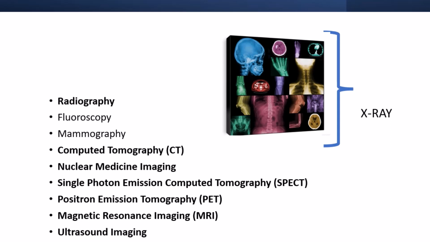Radiography, fluoroscopy, mammography, and computed tomography all use ionizing radiation or X-rays. X-ray is absorbed by the body tissues. Another means of getting information is by using a radionuclide and injecting that radionuclide into the bloodstream. This radionuclide then emits gamma or beta radiation for nuclear medicine, single photon emission tomography, and positron emission tomography, while magnetic resonance imaging uses pulsed radio frequency waves that interact with the body, and ultrasound uses sound waves, like in